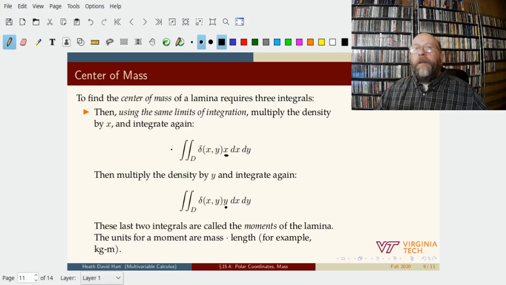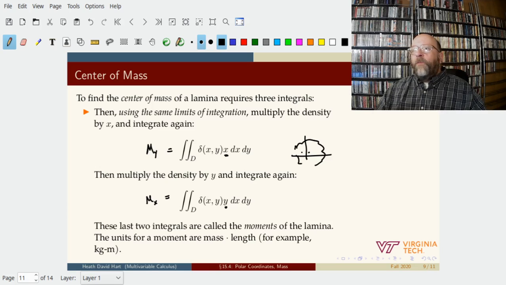These moments are named kind of odd. This is the moment My, and this is the moment Mx. To get My, we are multiplying by x. When we get Mx, we multiply by y. And at first that seems a little strange, but if we have some sort of object and we're trying to find the center of mass,